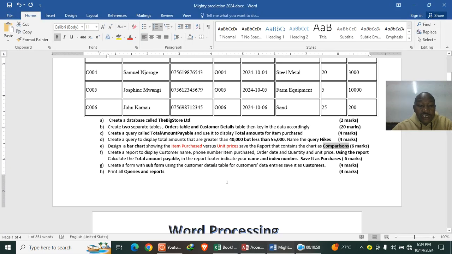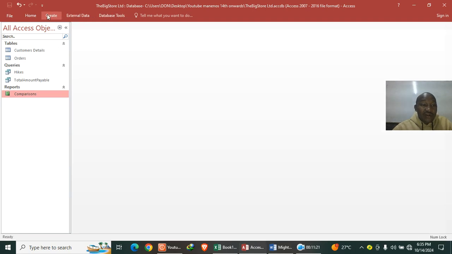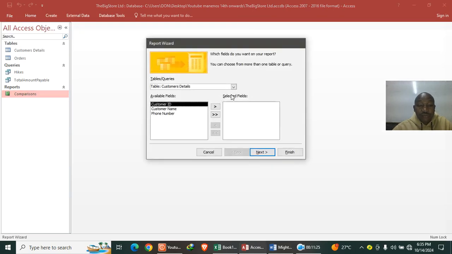The next question is that create a report to display customer name, phone number, item purchased, order date, quantity, and unit price using report. Calculate, that is, you calculate the total payable amount and save it as purchases. So you just cross this one, then go again, create, go to report wizard. Here you choose the